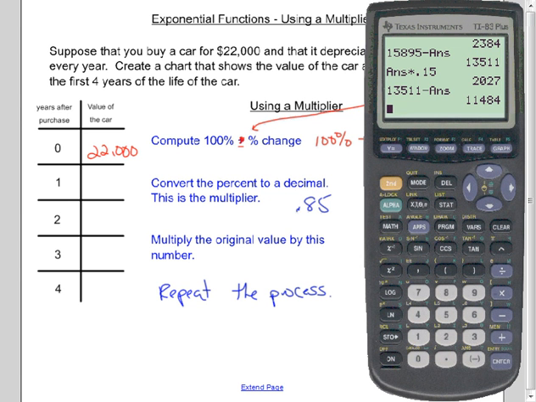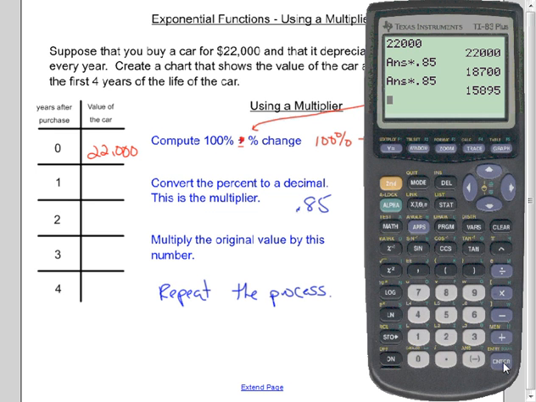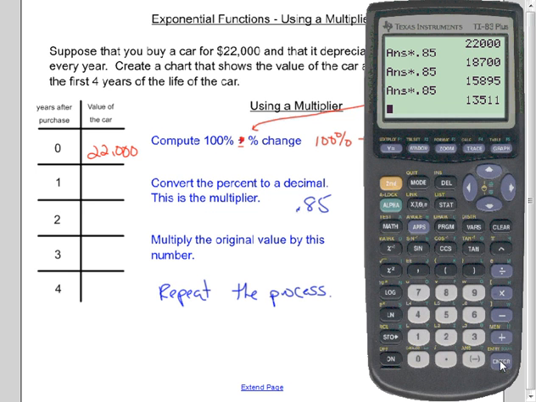So on my calculator, we're still going to be in this whole numbers mode, so I don't change that. I put 22,000 in, hit enter. And now I just have to multiply by 85%, which is 0.85. So we notice here that I've reduced in value, but I don't see the value I lost. I see the new value of the car. And if I hit second enter, I can just hit enter actually, but I want to make the point I'm going to take that answer and multiply it by 0.85 and so forth. I'll copy these values in, 18,700